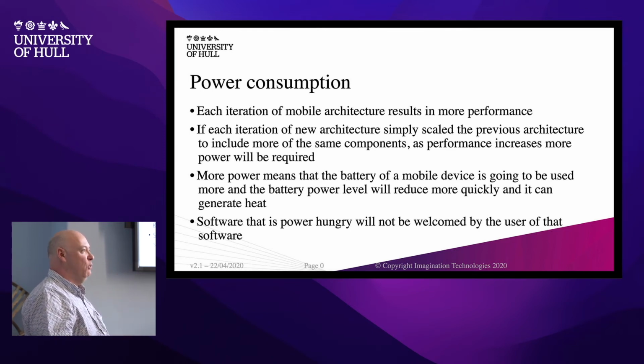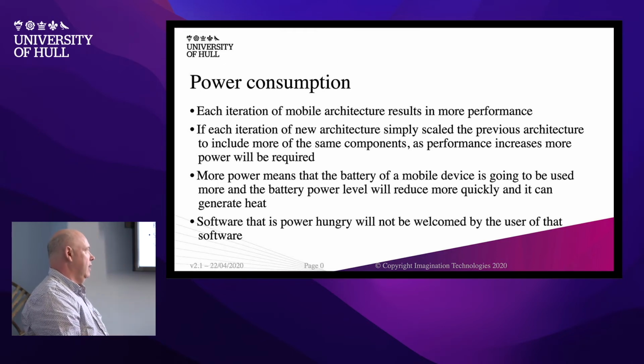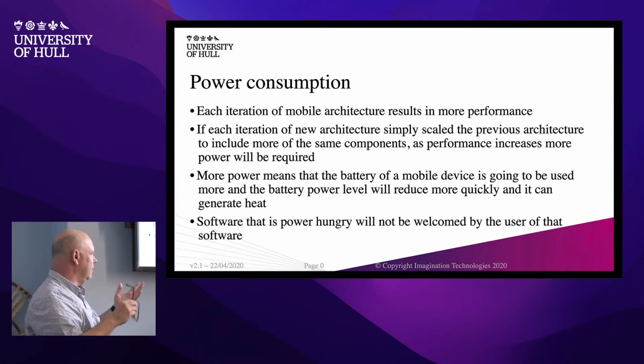It's all going to use more power as well, typically, if you simply scaled those up. If you're using twice the amount of processing power, then you're going to use twice the amount of power. So mobile architectures don't simply double everything. Otherwise, you're going to zap the battery, or you'd need double the battery,